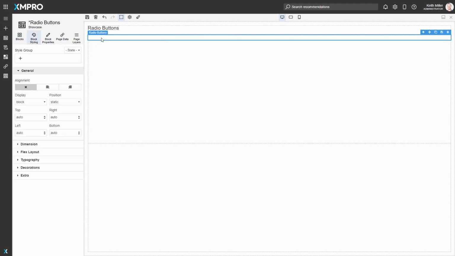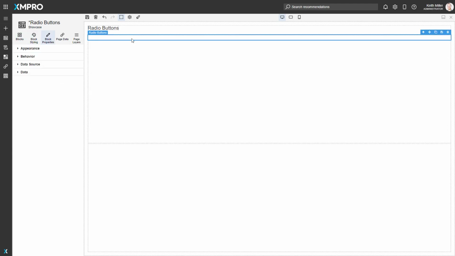This component doesn't look like much on the designer because I haven't added any data yet. To add data, go to the data source accordion item of the block properties, and then you can choose static items or a dynamic data source. I'm going to go with dynamic data to begin with, and then you choose your data source. I have created this data source previously,